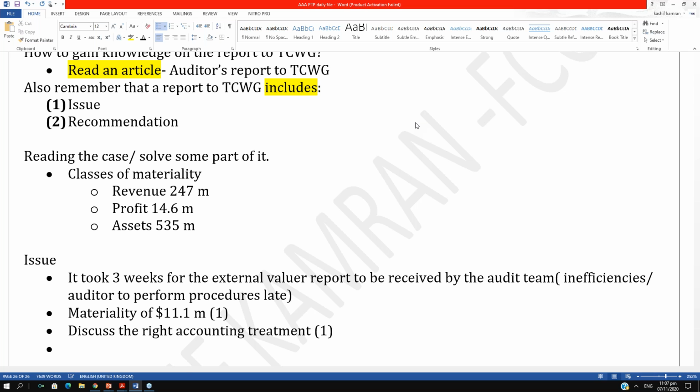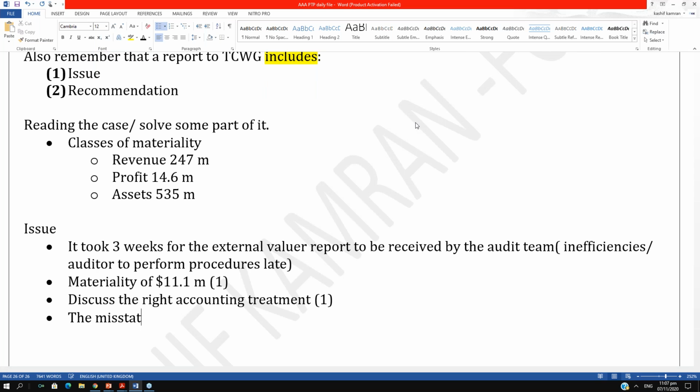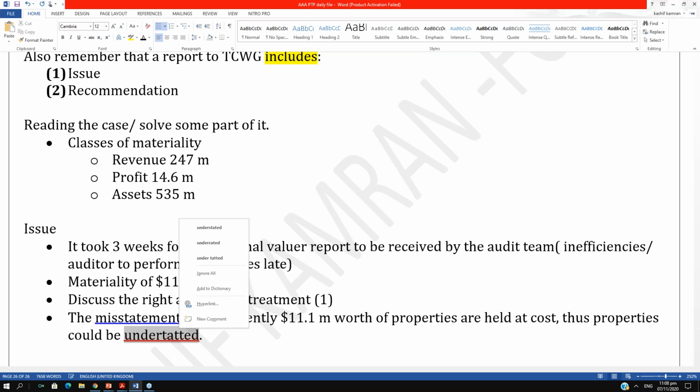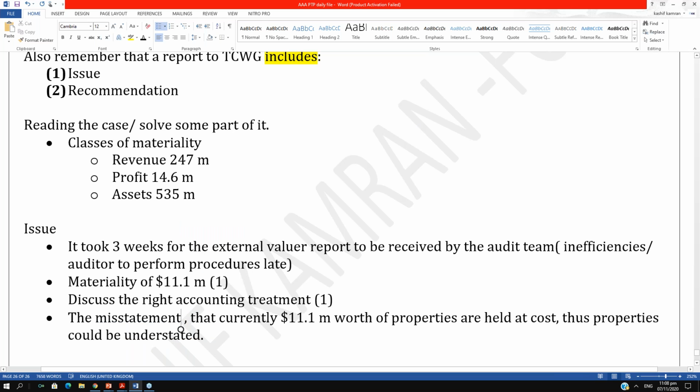Should I also discuss with them the misstatement that currently $11.1 million worth of properties are held at cost? Thus, properties could be understated. Should I discuss with management the misstatement? No, I'm just doing the brainstorming, right? Please, the issue,